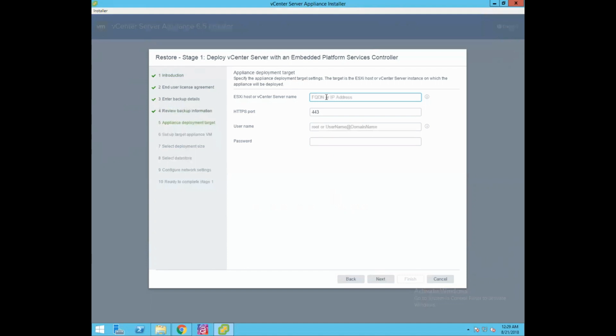Now provide information of your target ESXi host where this appliance will get deployed, where the freshly deployed appliance will be running. So I'll give the name of our ESXi host, infra-ESXi2.govmlab.local, the root username of your ESXi host, and the password.